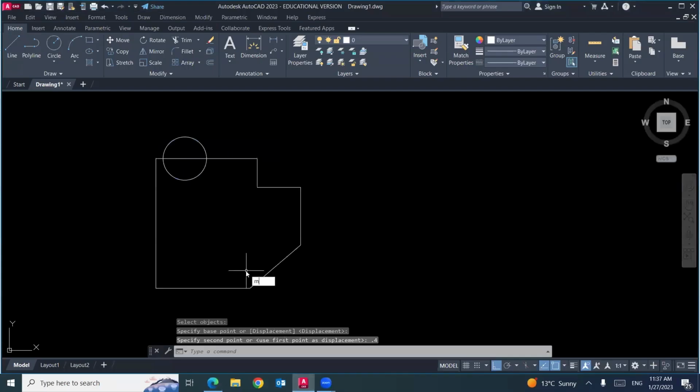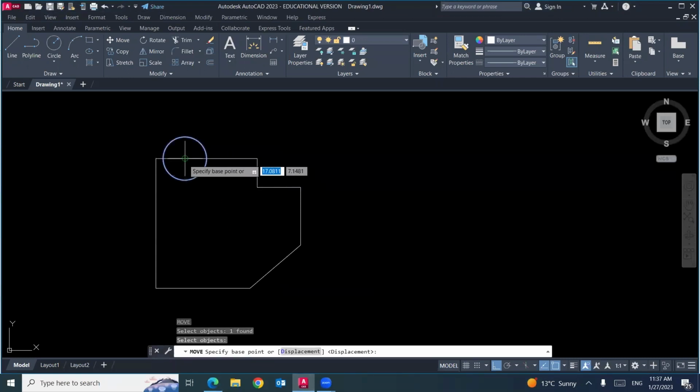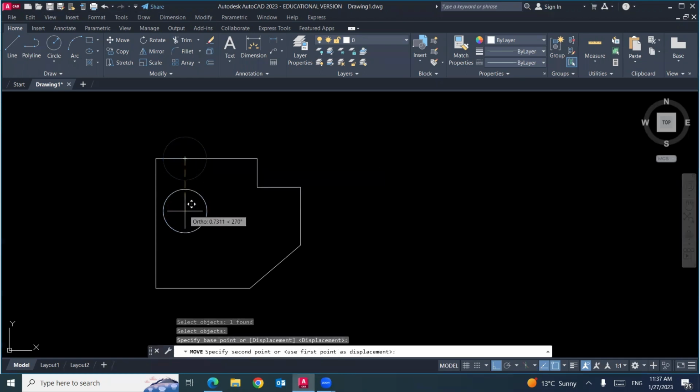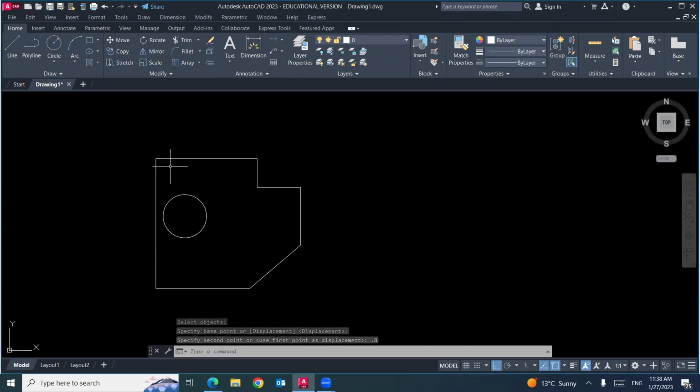So M, enter. I will select the circle, enter. The base point will be the center. The second point, I will not click, just 0.8, enter. That means I moved this circle, the first command I did for move to right 0.4. Then I did the command one more time to down 0.8.